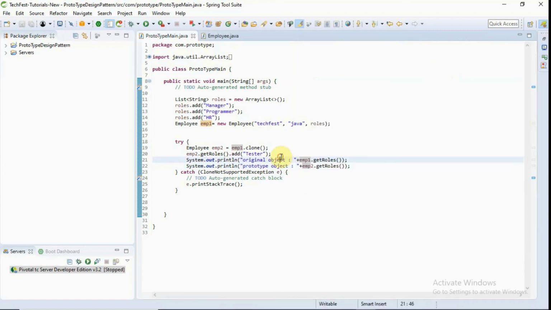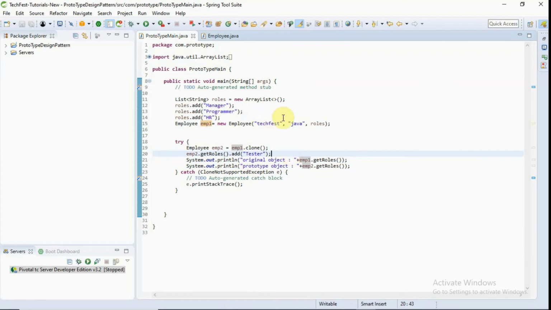So similarly in our application, if we want to fetch an object or create another object of the same type which already exists and do some modifications, fetching an object from the database and then doing some modification becomes very time consuming as well as resource consuming.